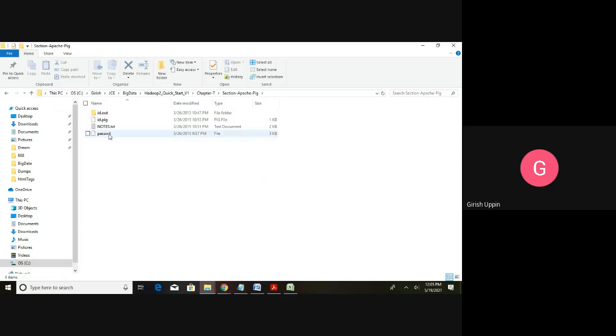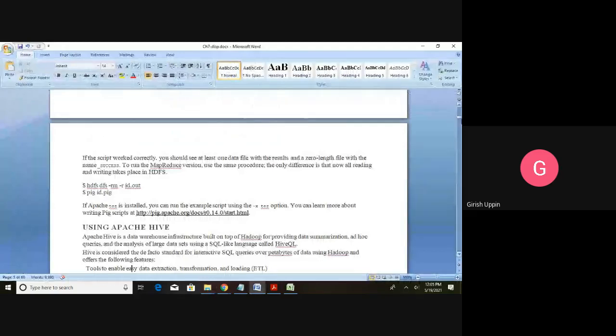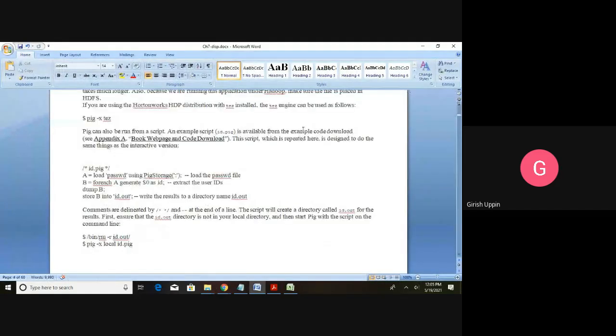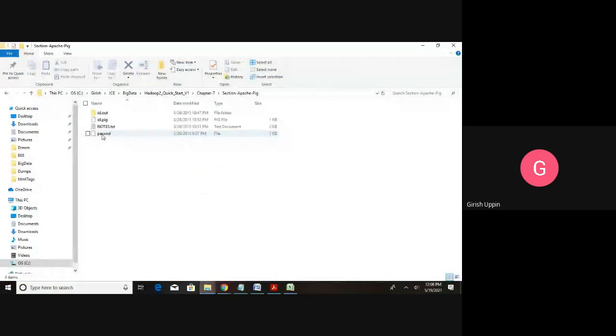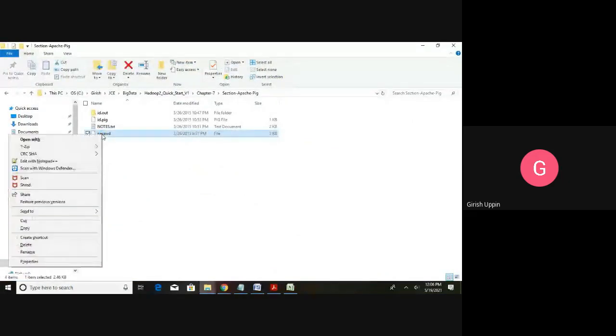You can see I have the passwd file, which is what we copied. All along we used the passwd file. I will show you the content of that file; I will open it with Notepad++.